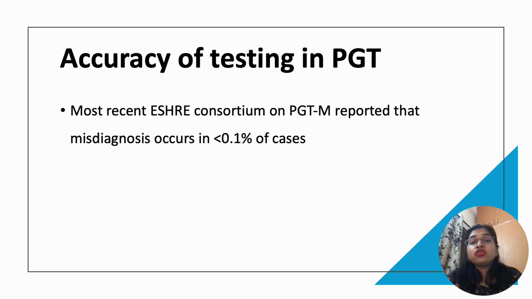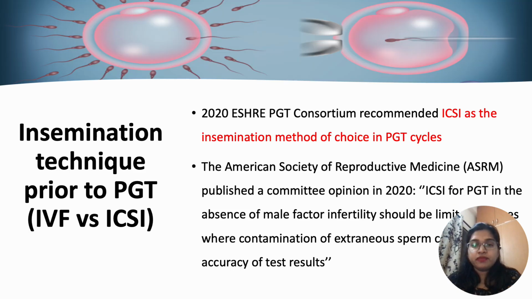So what is the accuracy of testing in PGT? So the most recent ASHRAE consortium on PGT-M reported that misdiagnosis occurs in less than 0.1% of cases in PGT-M. So it's good. Next is what we should do as an insemination in PGT, whether we should go for IVF or ICSI. The 2020 ASHRAE PGT consortium recommends ICSI as the insemination method of choice in PGT cycles, while the ASRM committee opinion in 2020 says ICSI for PGT in the absence of male factor infertility should be limited, because